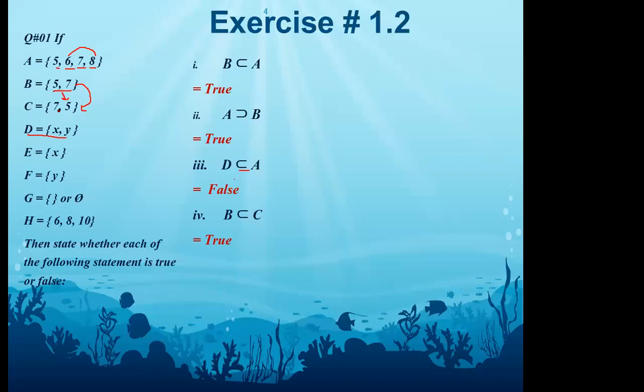Very good, students. Now look at this one. Now here you have the sign of equality as well. So how will you read it? B is the superset and equal to C. Now here you have set B and set C. So they are saying that B is the superset as well as equal to. Equal to means all the elements are same. So the answer will be true. Very good, students. All the elements are same and equal. Understand? So its answer is true. Now next one,